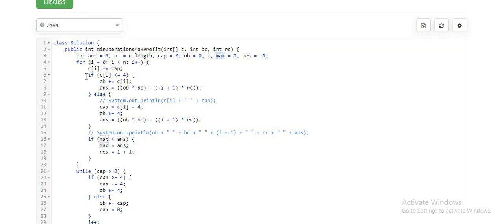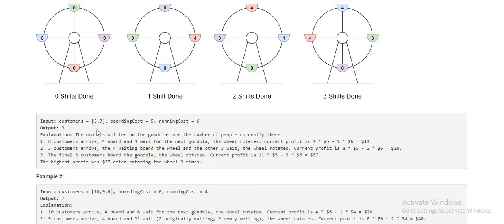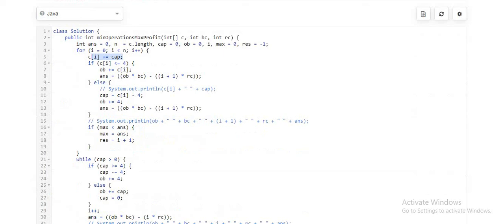So I'm iterating through this for loop, that is the customers array. Initially I'm passing the previous left capacity to the current array, because there was an operation. If we consider example one, I can pick max 4. So 4 and the remaining capacity, like capacity is 4, that 4 has to go inside this 3. That becomes 7. Initially this capacity is 0, so c of 0 is 8, considering example 1.